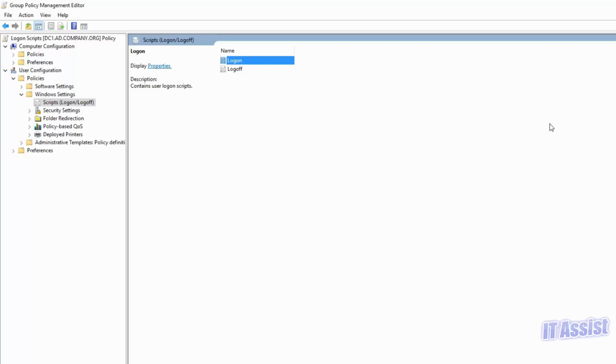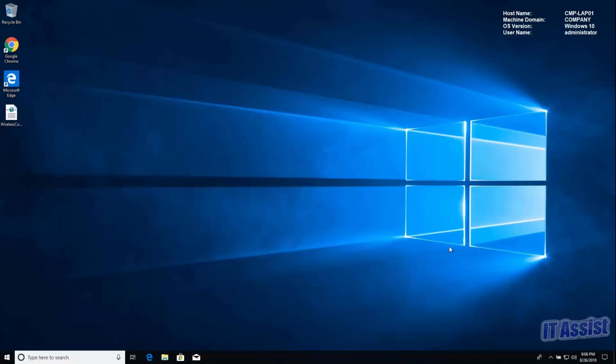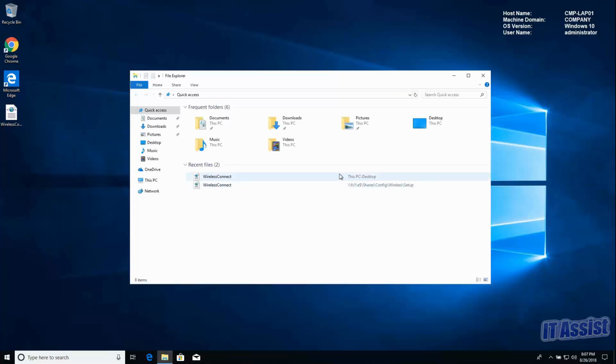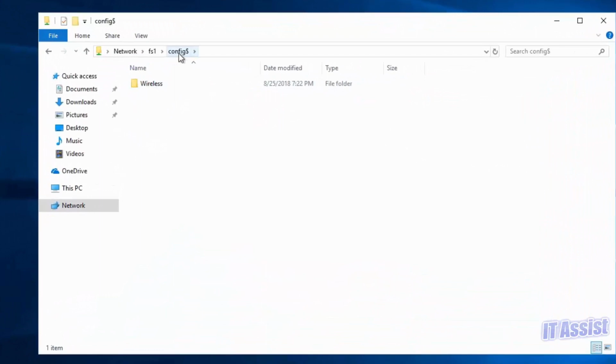Now that the policy is set up, let's go ahead and jump back over on the Windows 10 computer and let's test this out. Alright, here we are back on the laptop. As you can see, I'm still logged in as administrator on the Windows 10 Lap 01. I want to show you guys where this config file is going to go once the policy is applied. So I'm going to the hidden share, and this deployment folder. See how it's empty right now? Once I log in as user 1, it's going to get the policy and it's going to apply the wireless profile. And then this folder is going to be created,